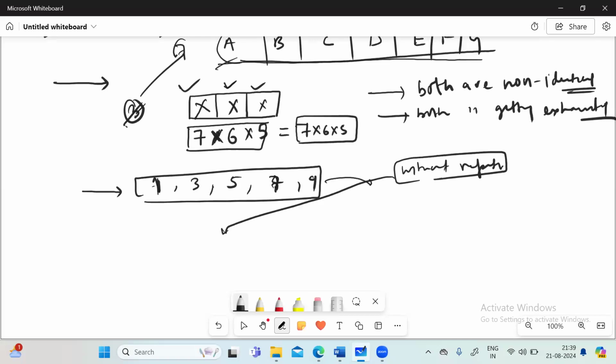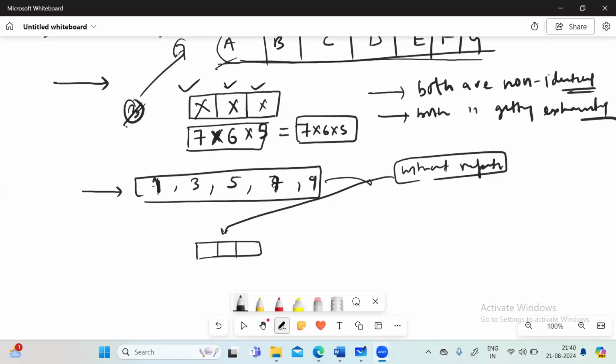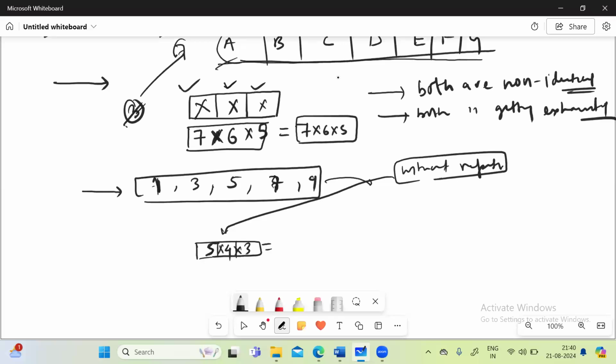So you will say, sir, we have 3 places to be filled by these 5 digits. The first place can be filled with 5 different digits, and then the digit is exhausted, and the place is also exhausted. Then it will be 5 into 4 into 3. And now, if repetition is allowed,